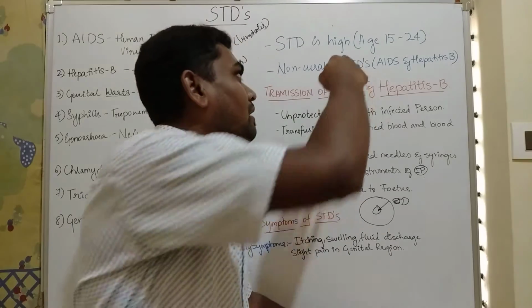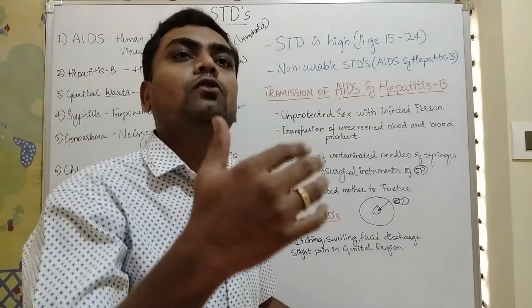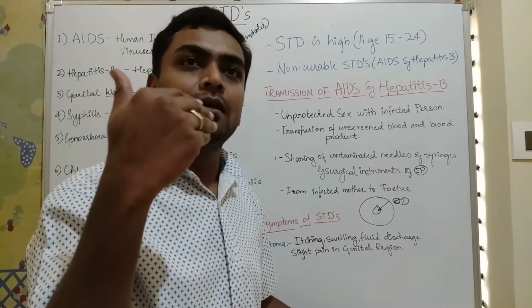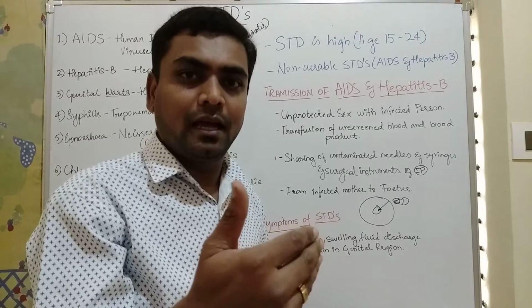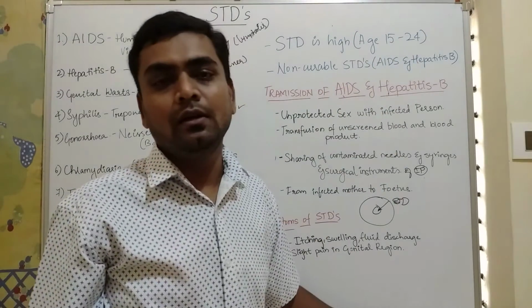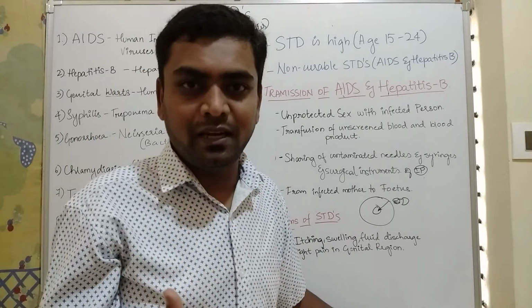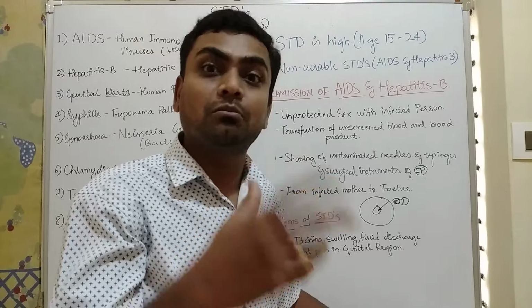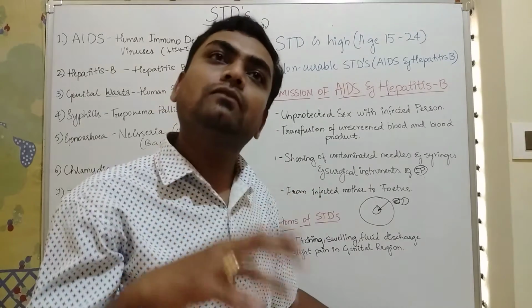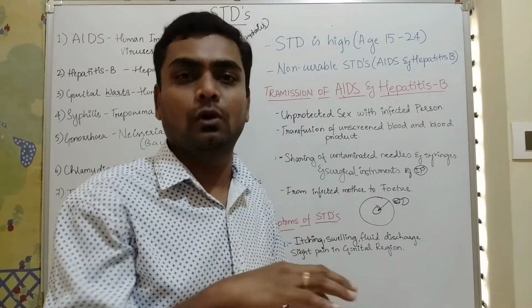Why can't it be more than 30, 40, 50? Because at that time, they are married. They have settled. This is, I will say, the monkey age. At that age, you will always be doing some experiment. I want to do something new today. Let's see. If you do experiments, that will affect you.